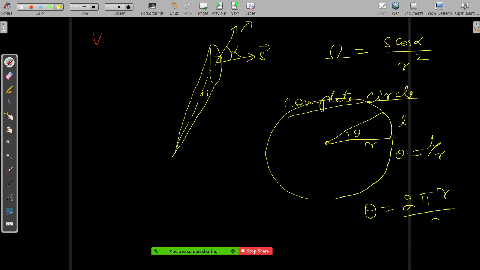It can be calculated this way also. 2 pi r is the total length divided by the radius, so this becomes 2 pi, right? This way also you can calculate. Similarly, what is the solid angle made when it is